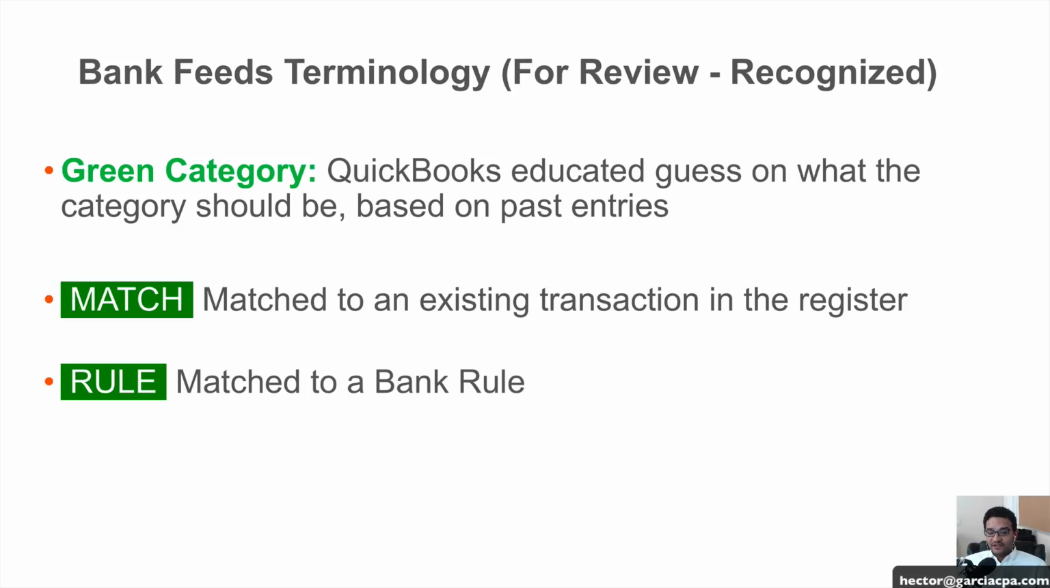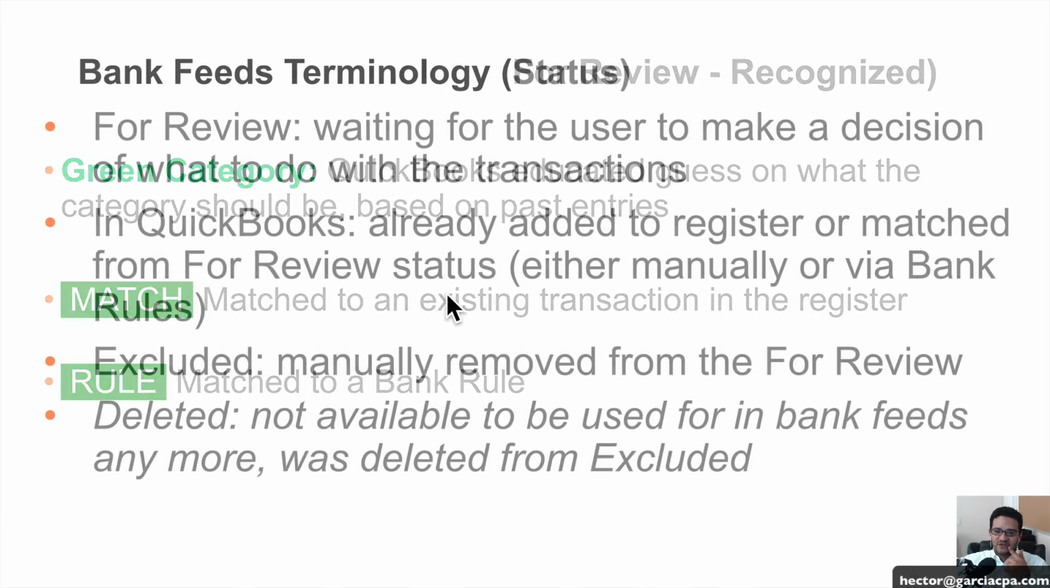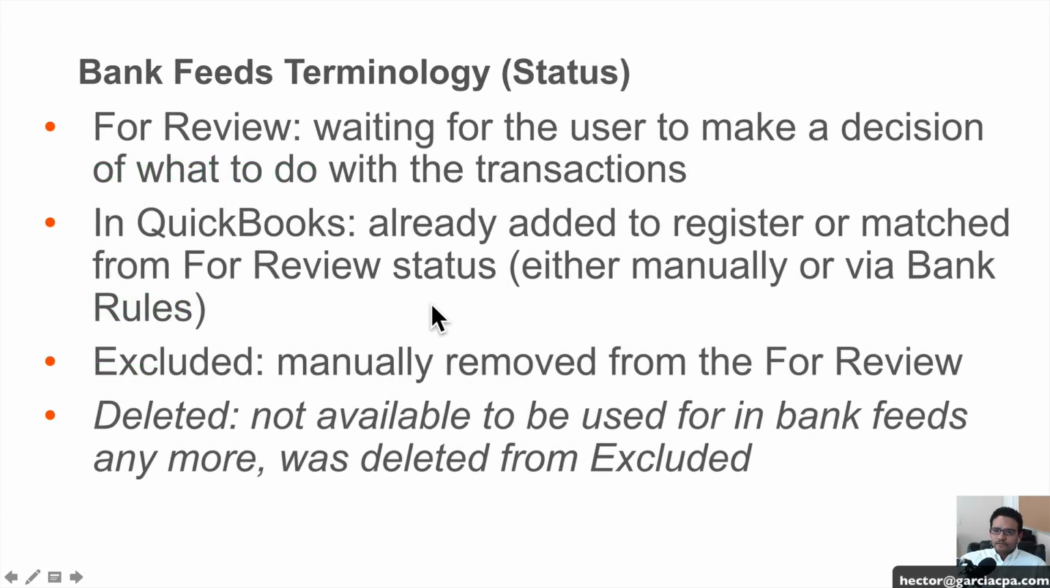And then rule means the transaction was transformed into a specific type of transaction with a specific vendor name or a specific category based on a predetermined rule, and it's suggesting that you accept it as a rule and it'll create the transaction based on that rule. So we'll discuss that as well. Now, there's also other terminology we need to discuss,